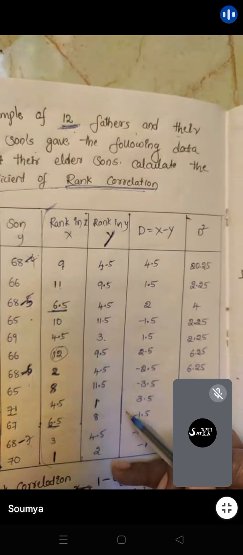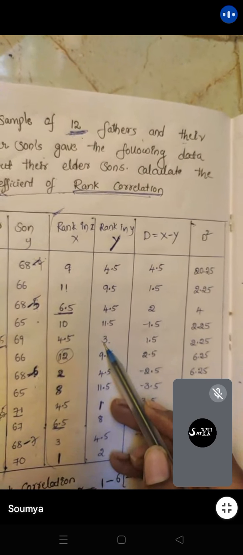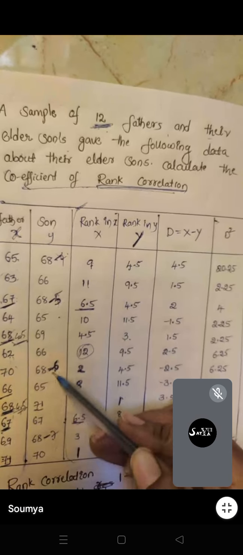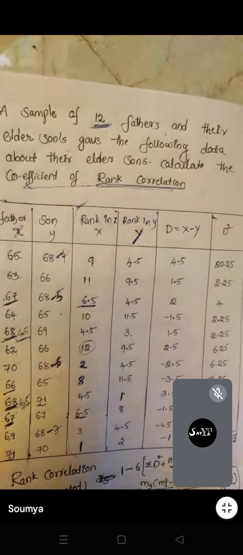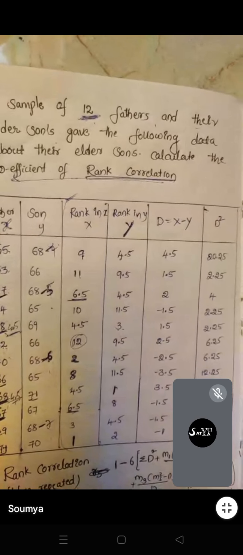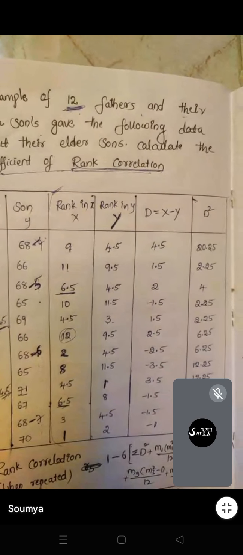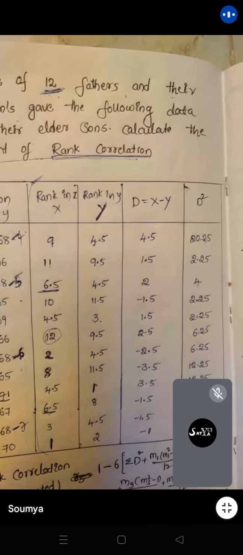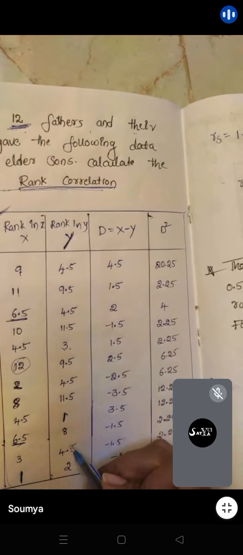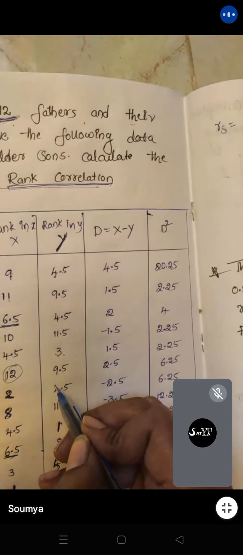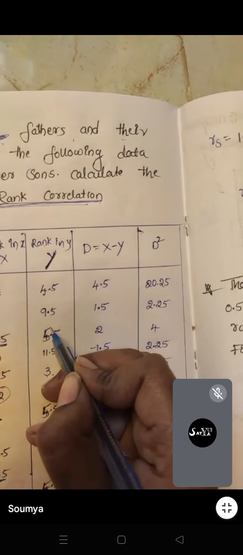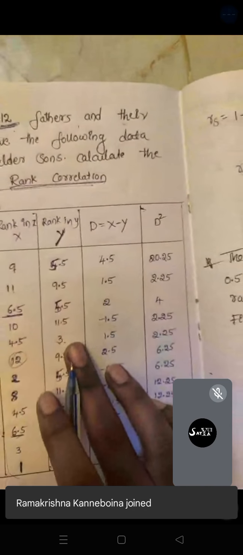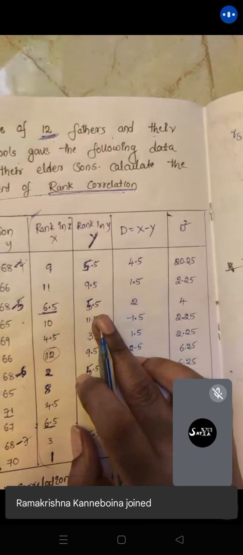I have given 3, right? 4, 5, 6, 7, 13. You gave 4.5, but it should be 5.5. Okay, sorry for this, 5.5. Okay, you will get this one. Next,